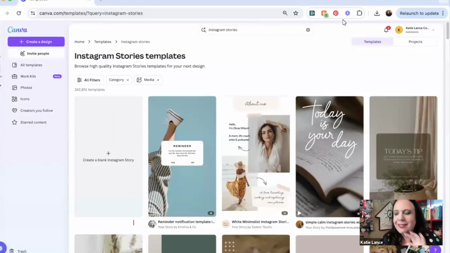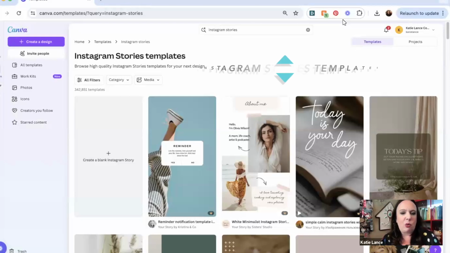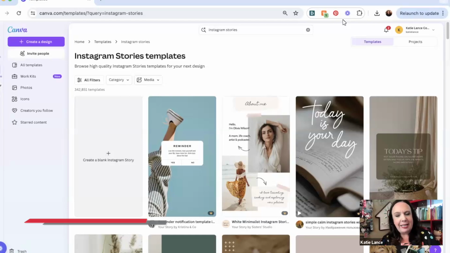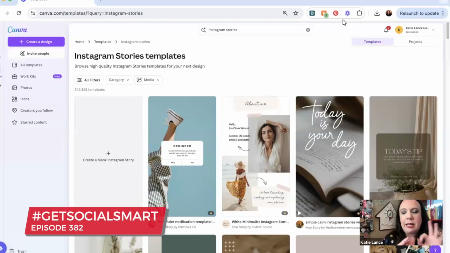Creating stunning Instagram stories all within Canva. Let's dig into it. So I have up on the screen here Instagram stories templates, and this is a great place to start. And I want to kind of take a step back because when it comes to Instagram and